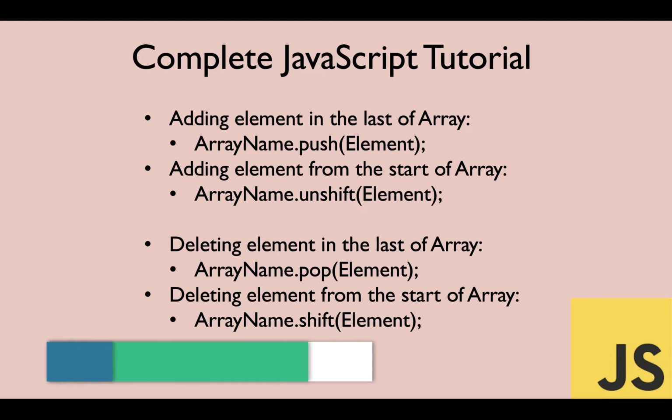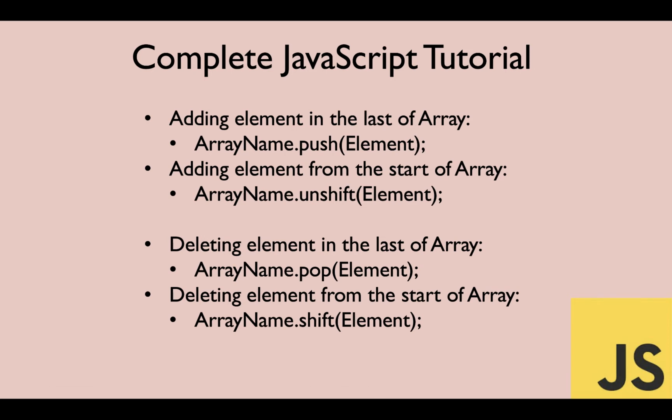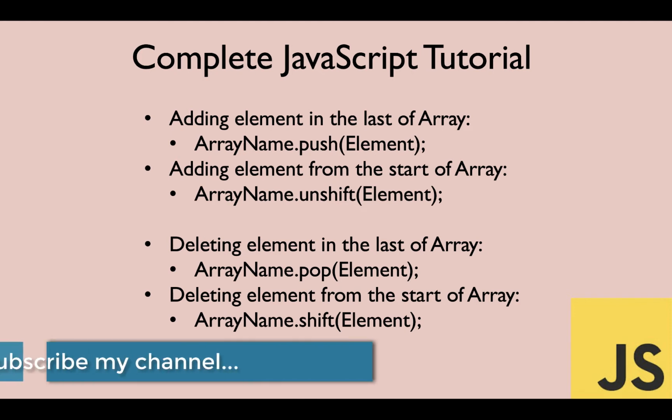So why exactly we need push, pop, unshift and shift operators? If you know, in an array we have a lot of elements that are added. If you want to do some operations specifically on the last and the first element, for instance, if you want to add something in the last, in that case the push operator is used. If you want to delete something from the last, the pop operator is used. If you want to add something at the start of an array, the unshift operator is used, and if you want to delete something from the start of an array, the shift operator is used. So this is the usage of all the four operators that we are going to cover in this particular video. So stay tuned for that.